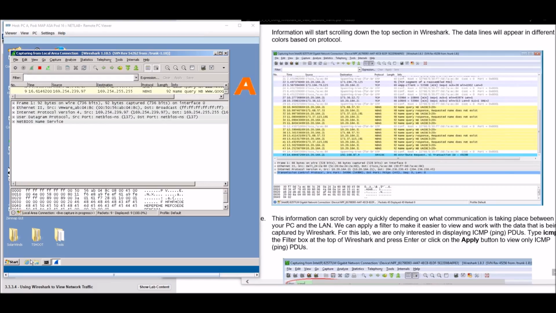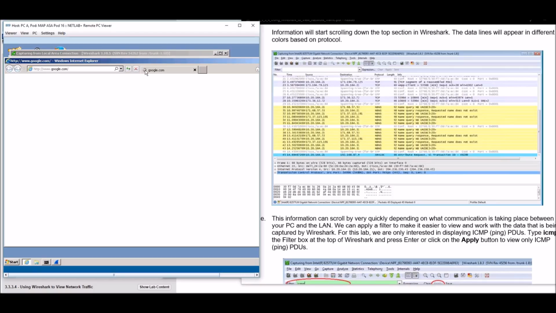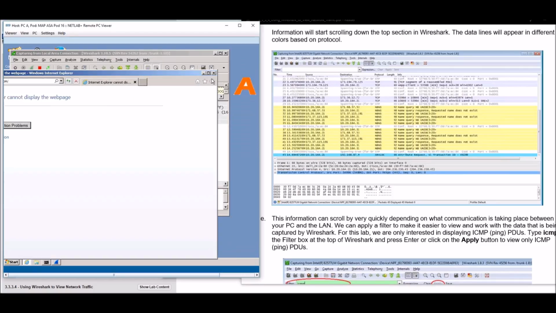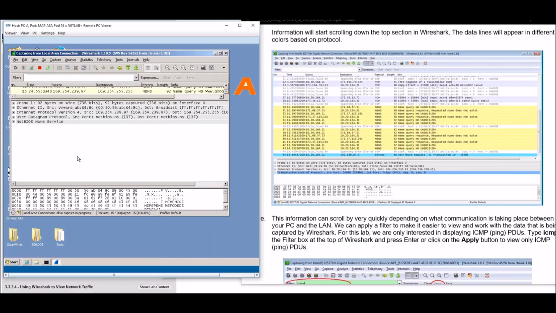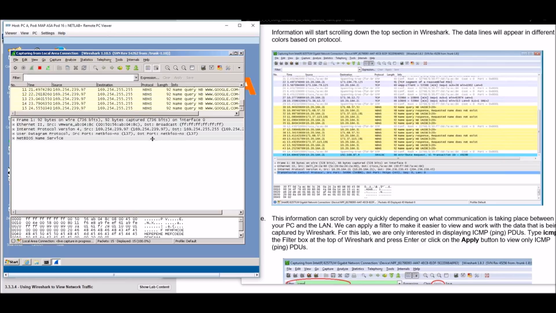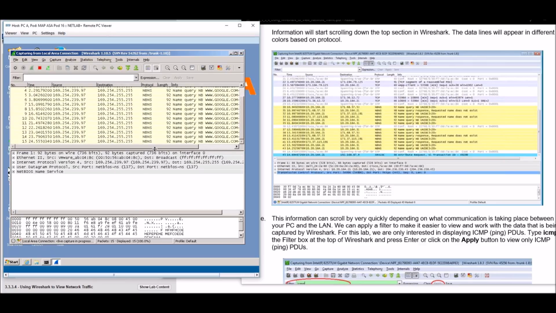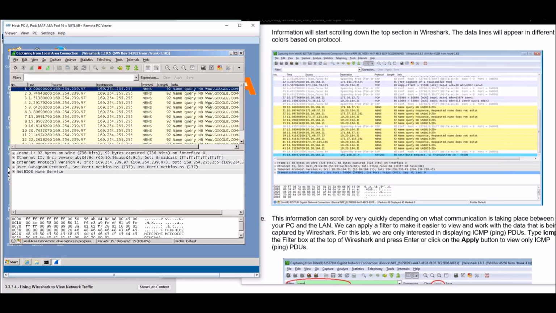Okay, so I just went ahead and opened up Internet Explorer here and tried to go to Google, which, even if you can't get to the site, it's okay because what we're doing is we're just creating traffic at this point. And if you look in here, we've got our traffic window now going through, and you can see that it tried to go to Google. If you're on a regular network, you're going to see all kinds of pinging and things going on.